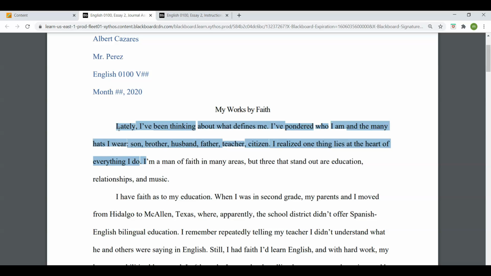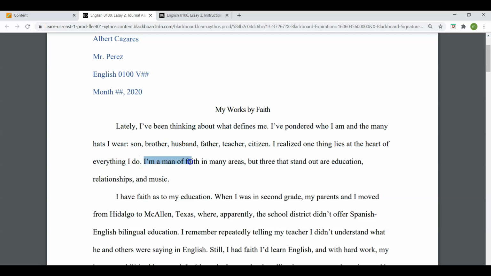You know how I was saying, don't tell one long story. Don't let your essay become one long story of your life. You can tell a really short story right here, a little short story about faith. I didn't, but I could have told a little story about something that happened to me that helped me have faith or build my faith. And from that moment, my thesis would be, from that moment in my life, I've been a man of faith. Again, I didn't do it that way, but that's a good way of doing it.